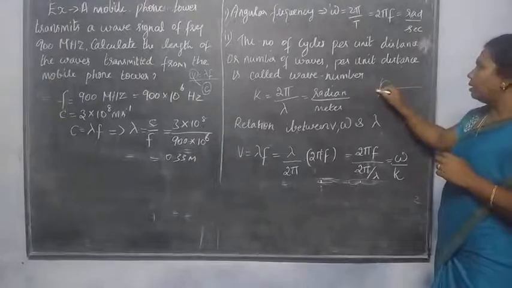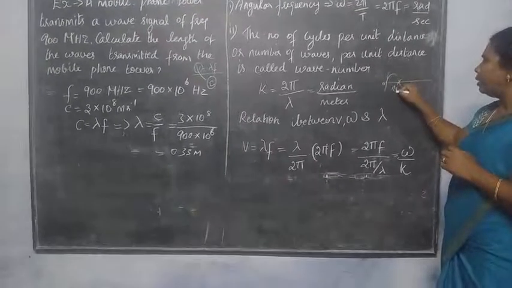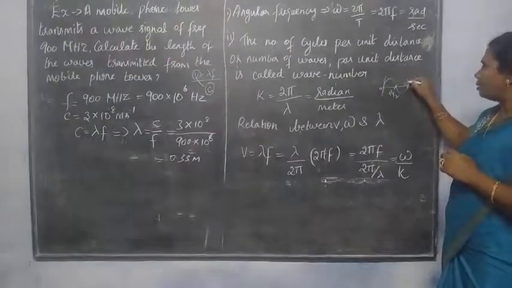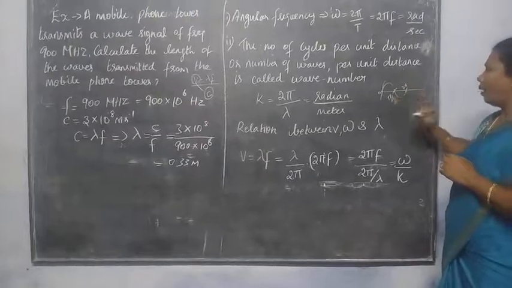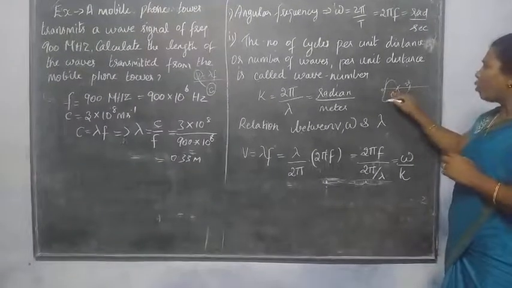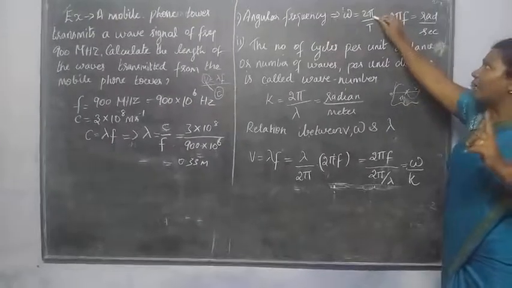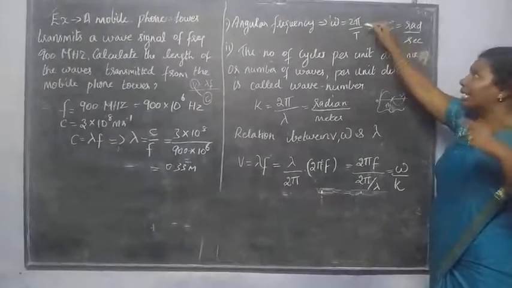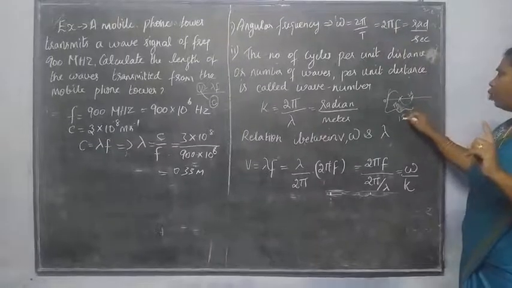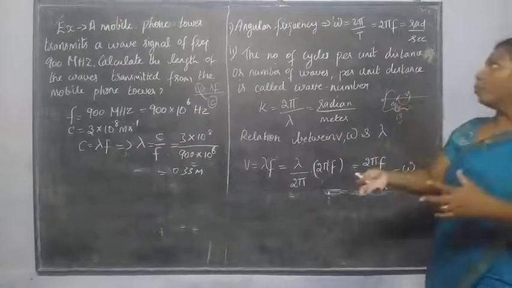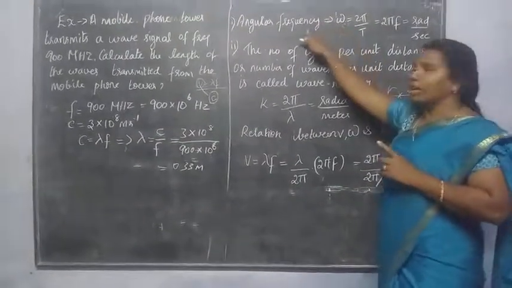What is the angle? 0, and this is pi by 2, and then this is 2 pi. So this is pi and this is 2 pi. Okay, this is the phase angle. So for one complete rotation, for one cycle, the number of cycles per unit time, per unit time, how many cycles can be moved, that is called the angular frequency.